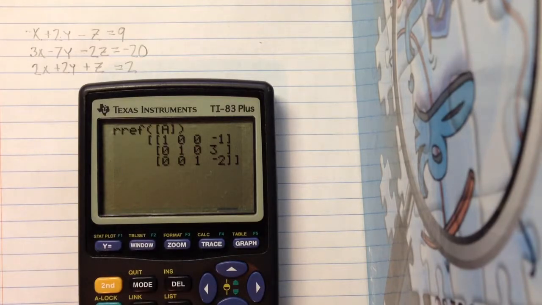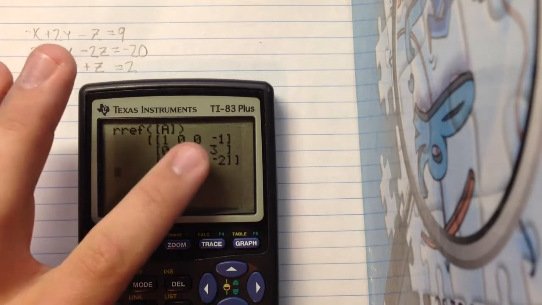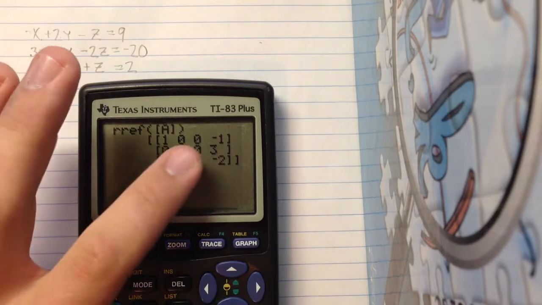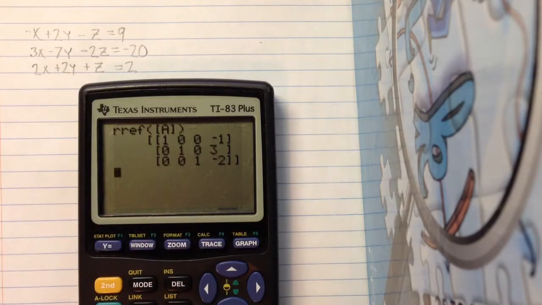you'll see it comes up very nicely with the reduced row echelon form of our matrix, which in this case is 1, 0, 0, negative 1, 0, 1, 0, 3, 0, 0, 1, negative 2. And this doesn't look very helpful to us right now, but if we look,